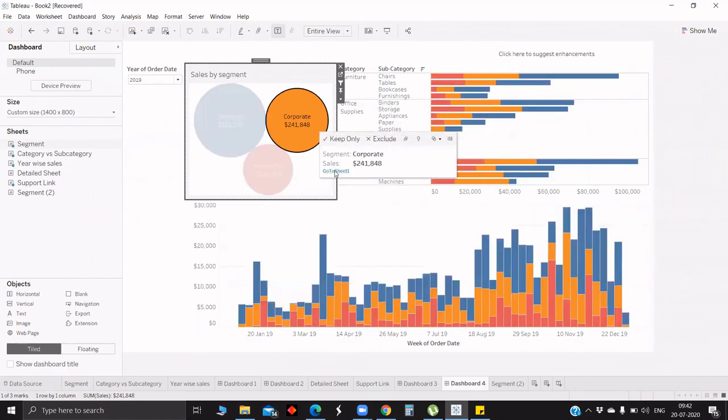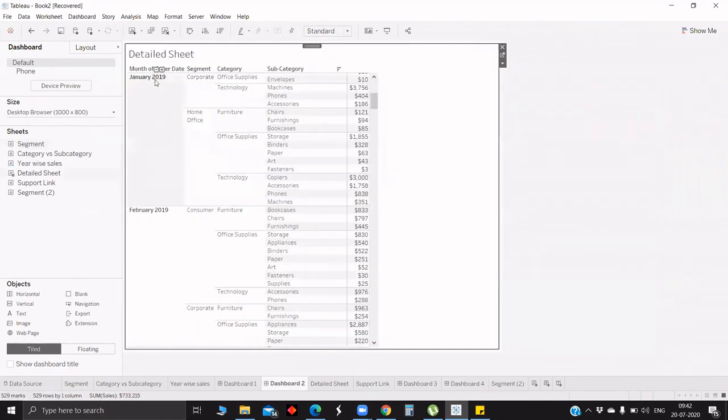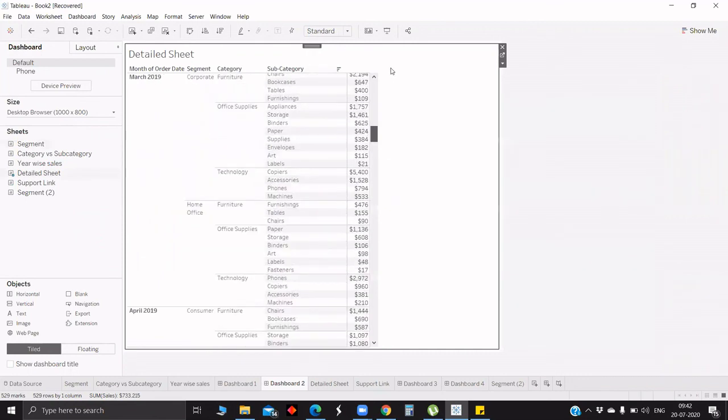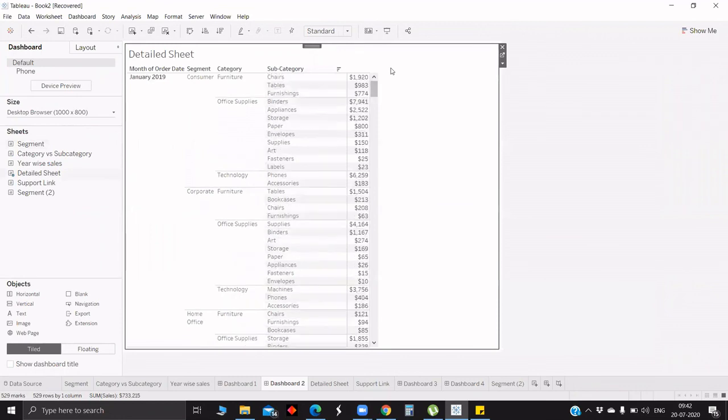So go to sheet 1. If you click, it will show more detail about month of order date, segment, corporate, subcategory, all those. It's not only this we have used. Basically, go to sheet is used to switch from one dashboard to another, and we can use it by using the dashboard actions.